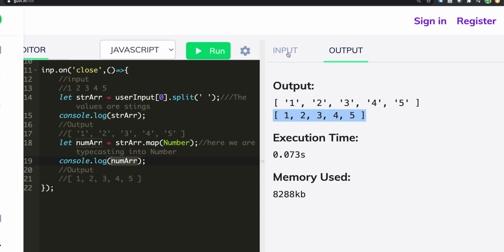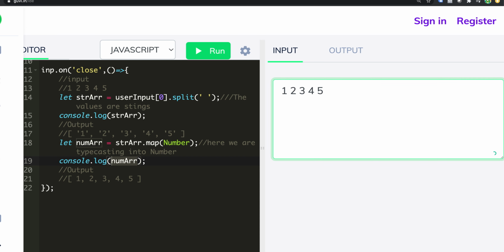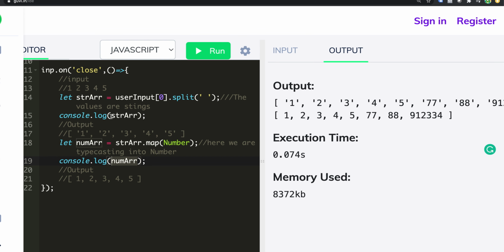So I will rerun it with a new input, for example 6 or 77 88, and then 1 2 3 4, some big number I'm giving it. When I run it, this console.log line will print this. This is for demonstration purposes. In the real world, while problem solving, don't print anything unnecessary. That is another important thing. Whatever is expected in the output, please print it. Here I have given the log twice because I wanted to show you how to read and convert. That is the only purpose, or else it is not needed.